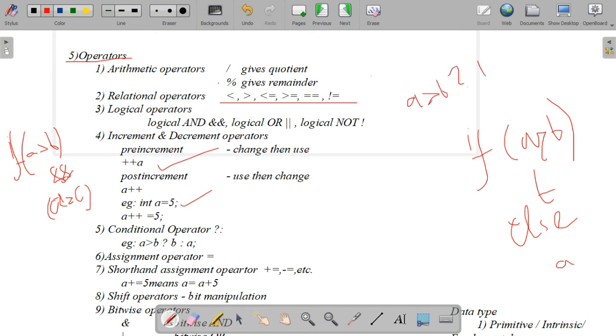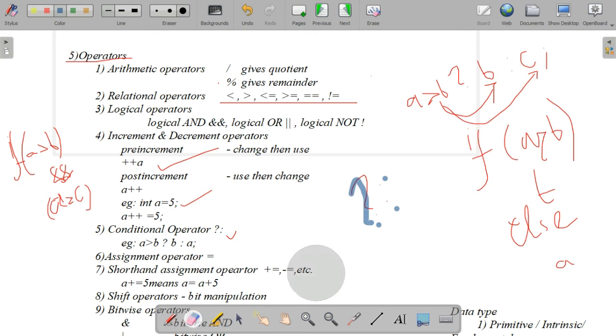If it is true, b should be displayed; if false, c should be displayed. If it is true it will execute the first statement. If it is false it will execute the statement after the colon. This operator is known as the conditional operator: question mark with the colon.